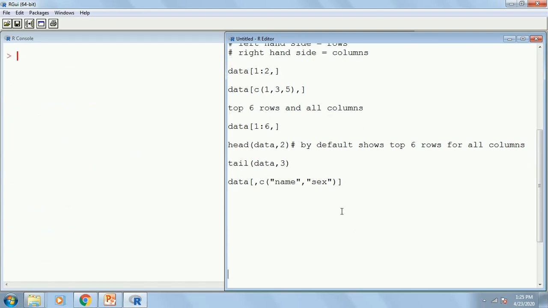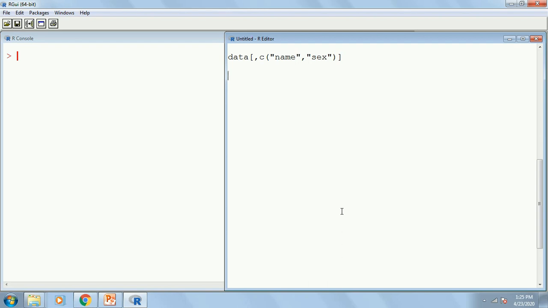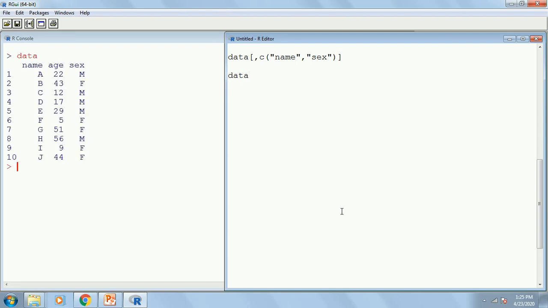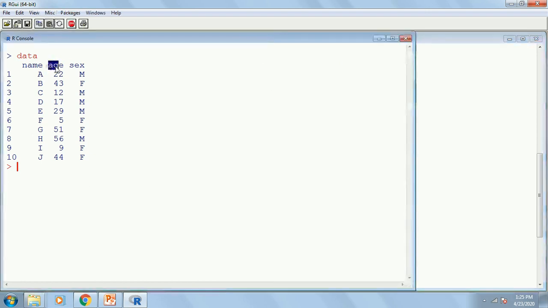Now comes the next part. What if I want to do a filtering? In this data set, I want all the people whose age is maybe less than 20 years old. So how can I do that? Remember, whenever we filter, we always filter by rows. So I will be writing data within third bracket and a comma, I will be writing on the left hand side, because the left hand side is for the rows. I want all the people whose age is less than 20 years. So I want to refer to this column age.